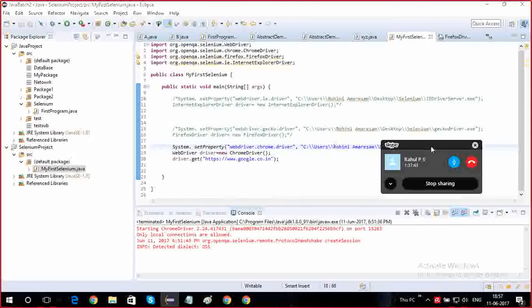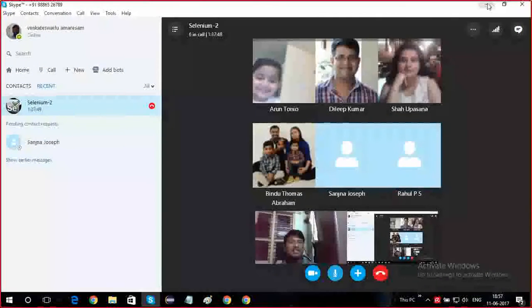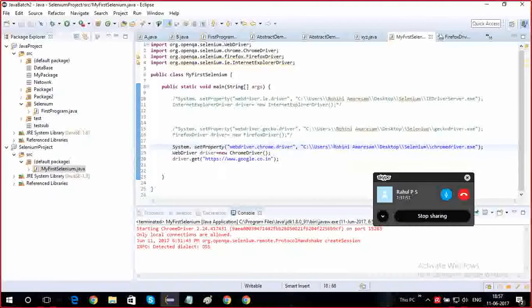So this is also allowed as per the point we discussed earlier: a superclass reference variable can point to a subclass object. Okay. Now, what is the method we use to load the URL? Get method. Okay. To launch the browser, just create an object of it. Now, once you launch,